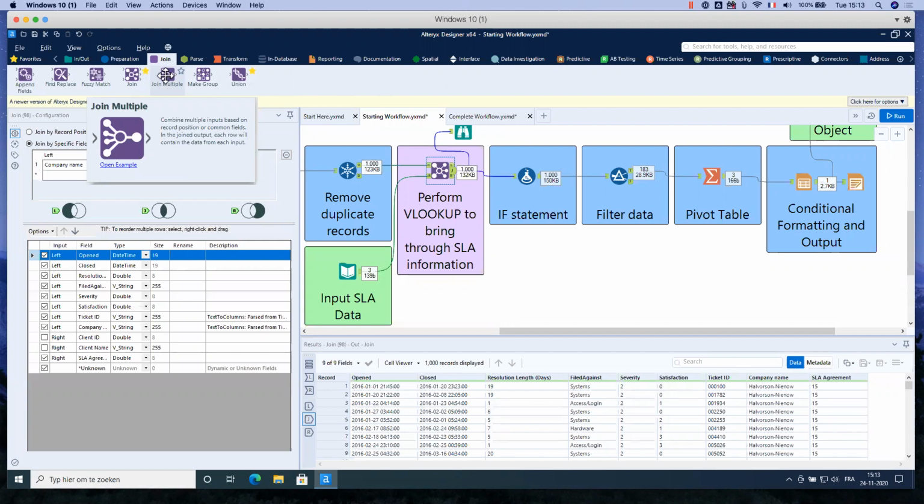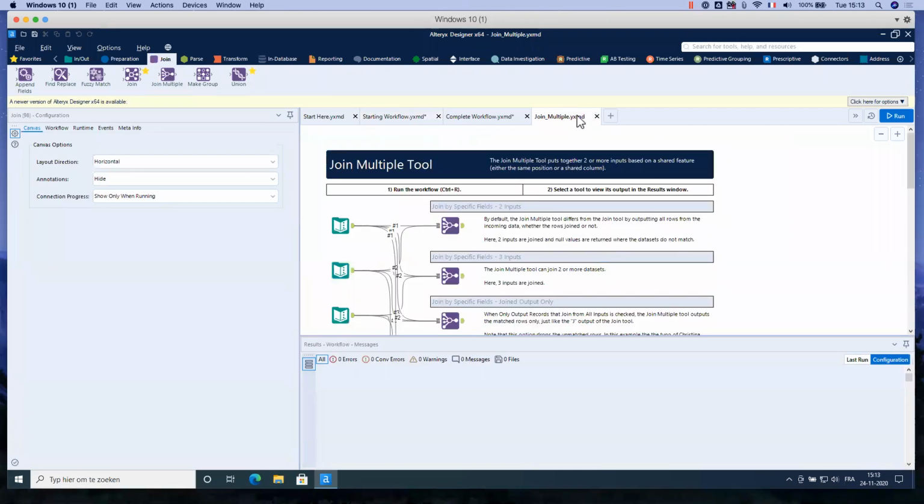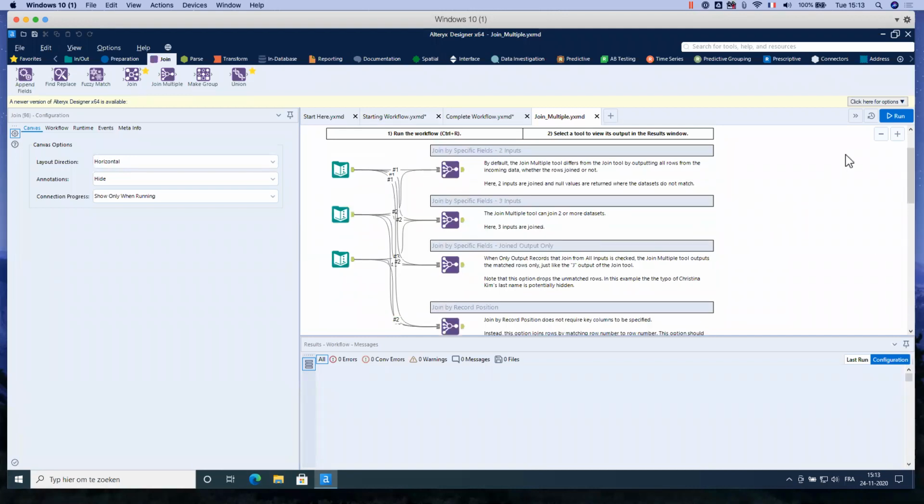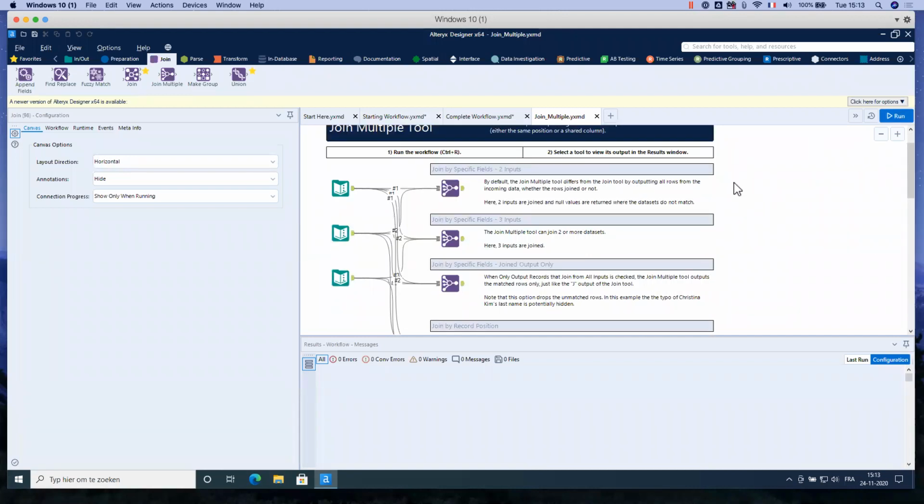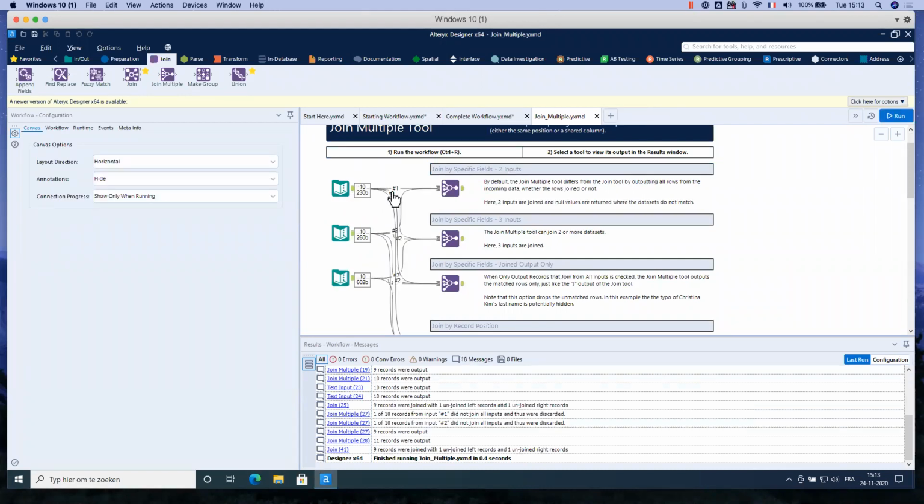In Alteryx, the good thing is when you want to know more about a tool, you can click on it, and then you open example, and you have a workflow that explains how this tool works. So you can run it, and then you can see, for example, here, it will join 3 tables.